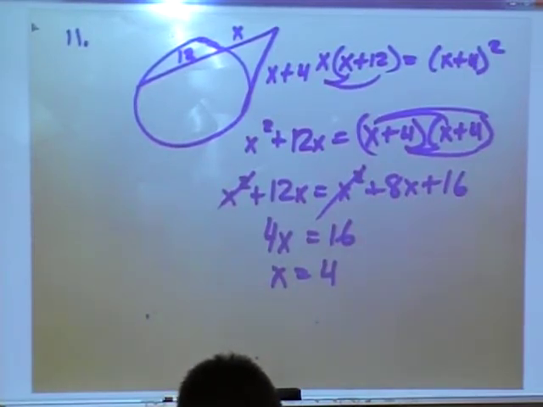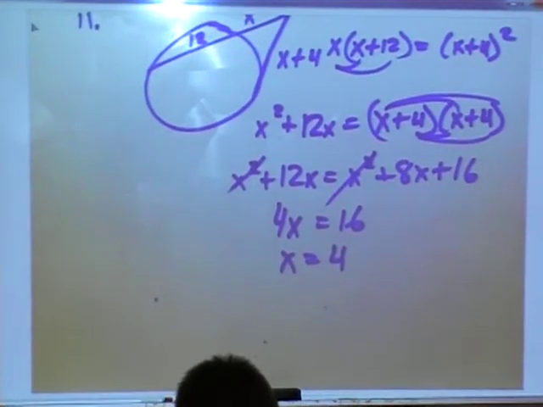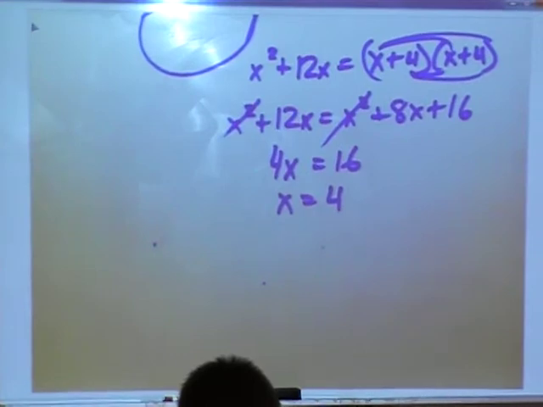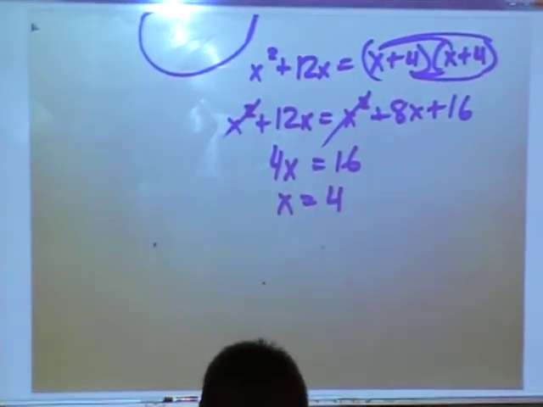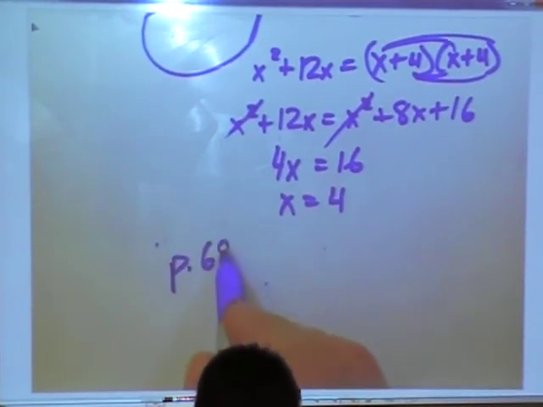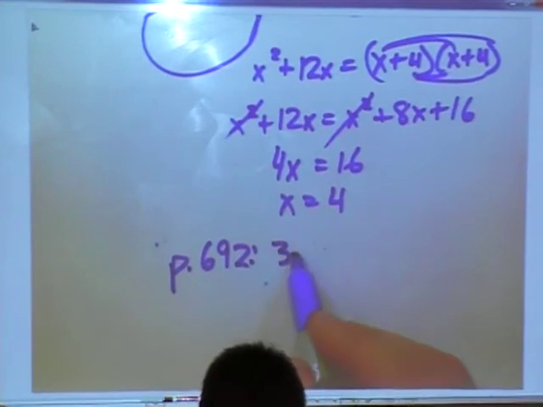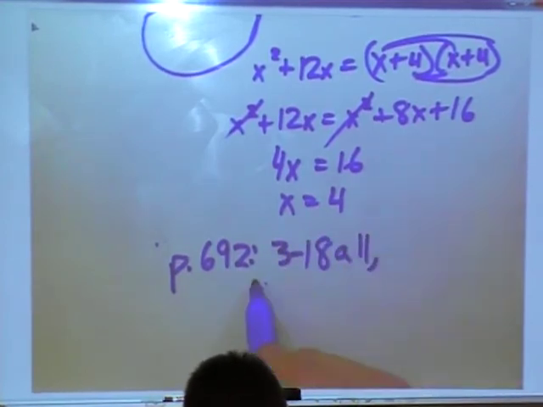Alright, so we got 3 different types of things again today. Tomorrow is a quiz. Today's assignment is page 692, 3 to 18 all, 21,